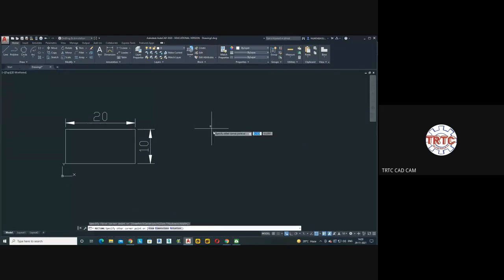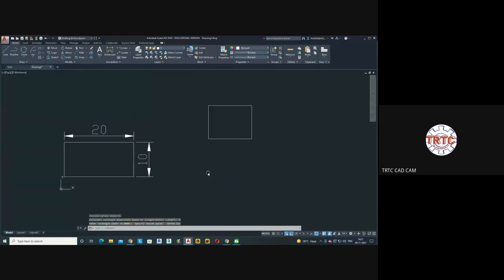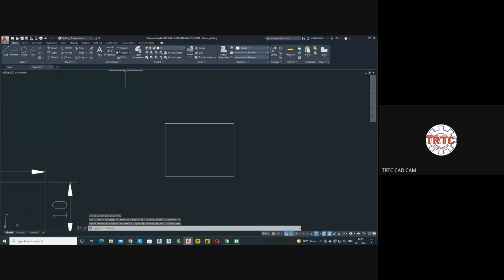Rectangle, first point, go for area. 120 will be the area. Say length is 10. If I hit the enter key, based on the width, okay. So if I put the dimensions on it,